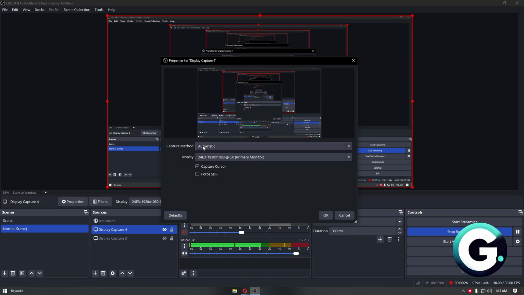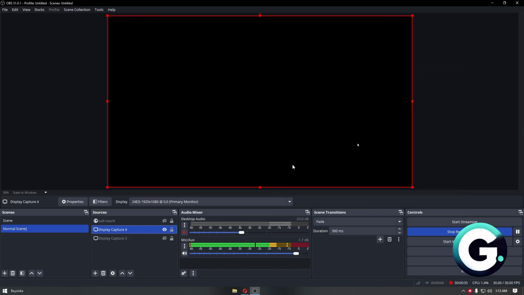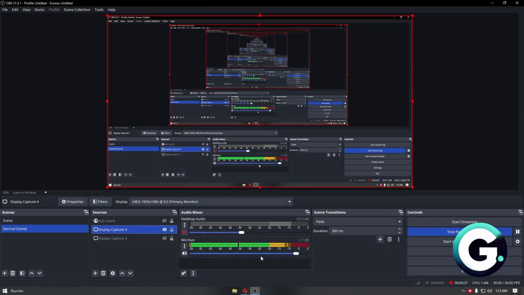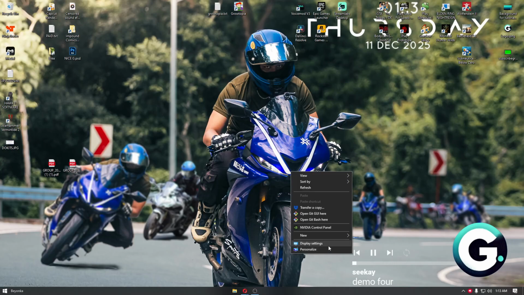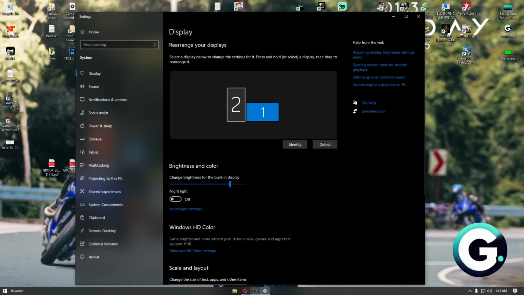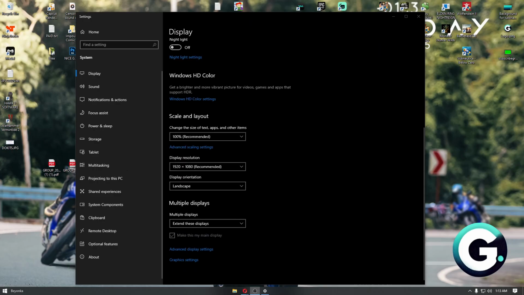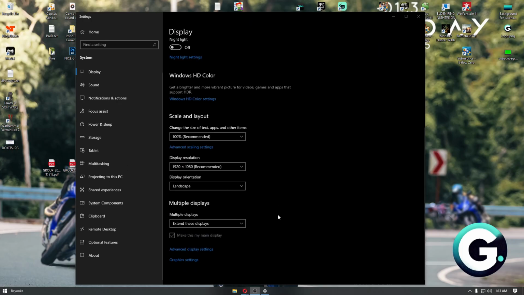Inside properties, you then want to click on the capture method and then select the DXGI desktop duplication. Now sometimes this will make your screen black. When that happens, you can navigate through your browser, right click on it, click on the display settings, and basically inside this page you want to scroll down, and at the bottom of this page you want to click on